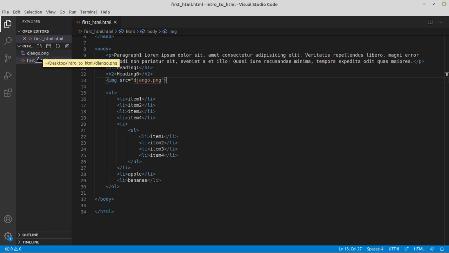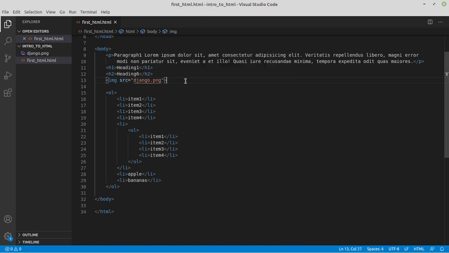And we learned how to insert images into our documents, which is so simple. You should have an image alongside your HTML file, in the same folder, same directory I mean, and then you give the image an attribute which is source, src equals the name of the image, which is django.png, which is over here. Okay, and to give an attribute, you simply give a space after image and give the attribute equals the value of the attribute.